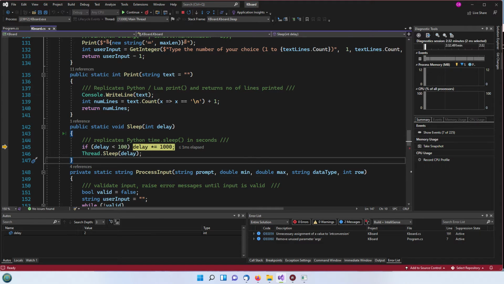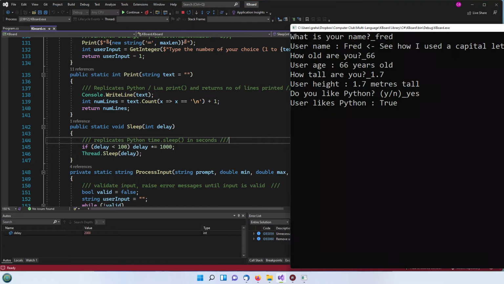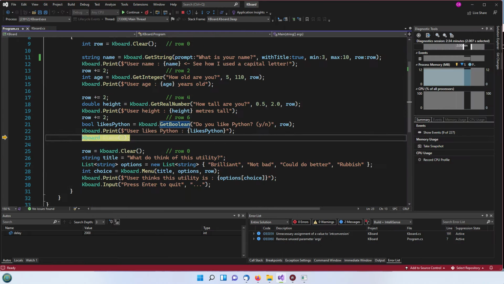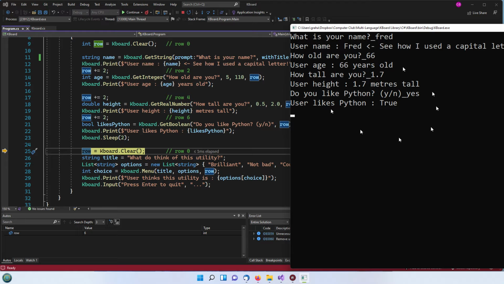So if I press F11, so the delay has now been multiplied to 2000, which of course is what thread sleep uses, milliseconds. So that will now run, and it's done. So we do that, and now we're going to clear the keyboard. So this is the whole console. It's got all these lines on. So we're just going to call